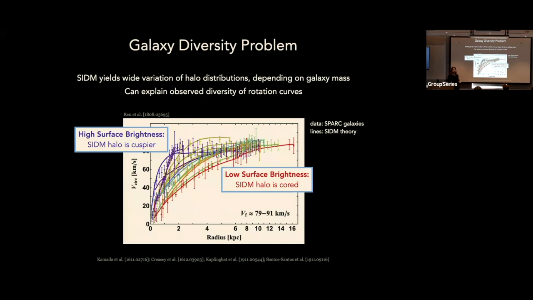However, as we discussed earlier, even in cold dark matter, you can form cores, right, from feedback. And the degree to which you end up coring also has this kind of relationship there as well. So you can ask, well, is there a preference if we look at collections of rotation curves from nearby galaxies? Is there a preference for SIDM versus cold dark matter?